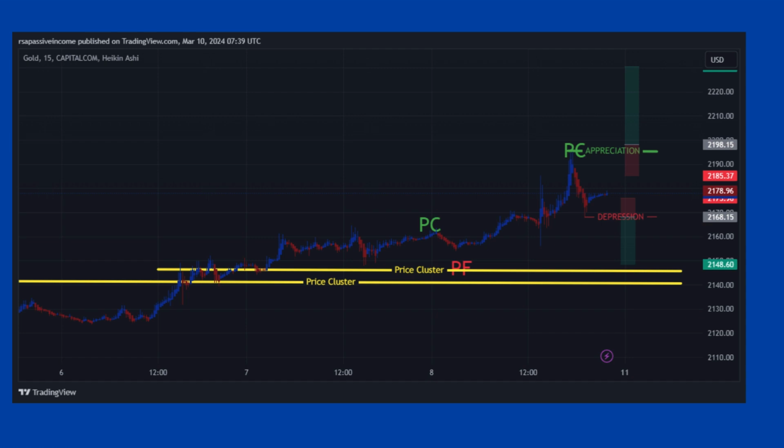There, targeting this price clutter to the downside. At first, I look for 1 is to 2.5, trailing my stop, reducing my risk, and to the upside, 10 pips above the appreciation level, I look for 1 is to 2.5. All right, there we go. And then for bonus,